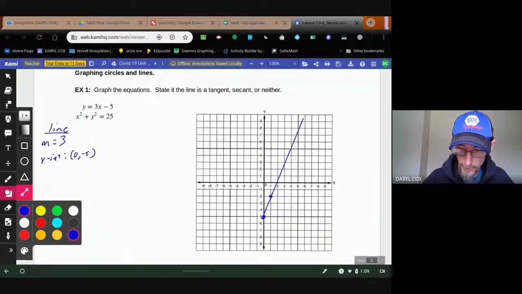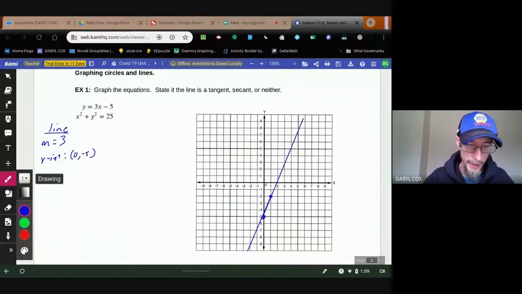There we go. I'm going to take it the other way too. So there's my line. Excellent. Now, next thing, let's get the circle. I'll do the circle in a different color. Let's do the circle in green. For a circle,